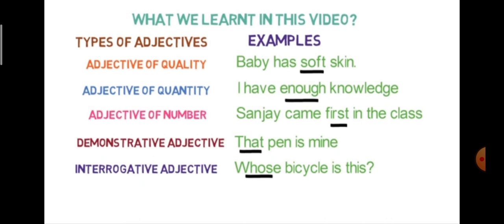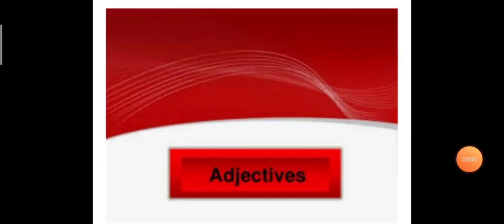Now the topic kinds of adjective is over. In the textbook there are exercises J and K based on the topic kinds of adjective. Solve the exercise, try to get the answer. Tomorrow I am going to give the answers so that you can match them and you will come to know how much you have learned.